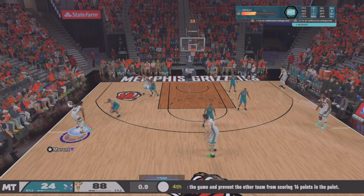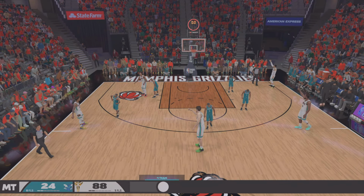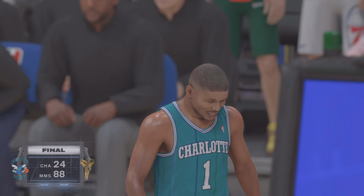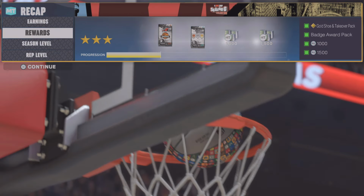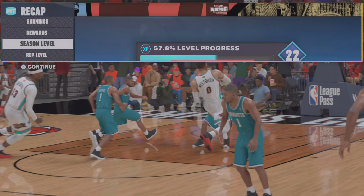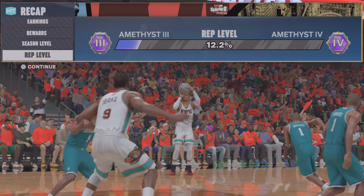Morant looking around. So no problem for Memphis as they get the win. And the outcome of this one was never in doubt. And boy, they really put in a supreme effort. It just felt like once they had that